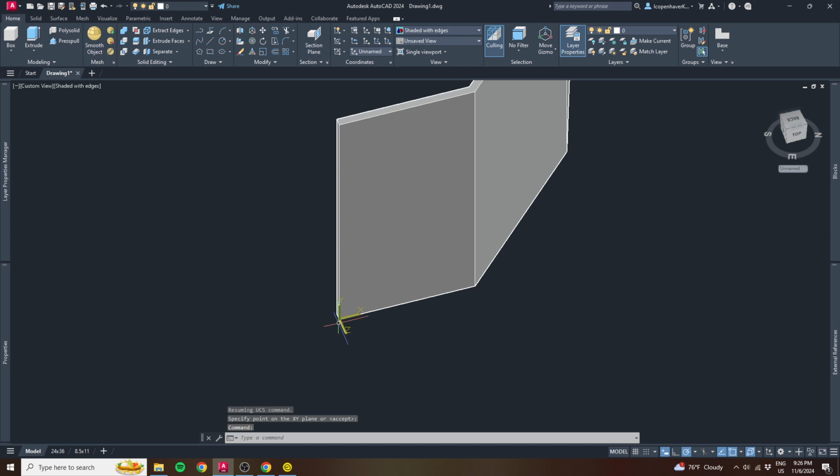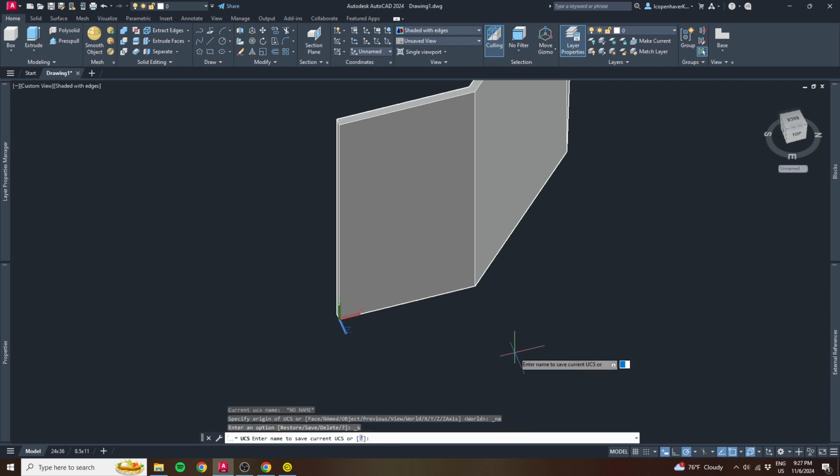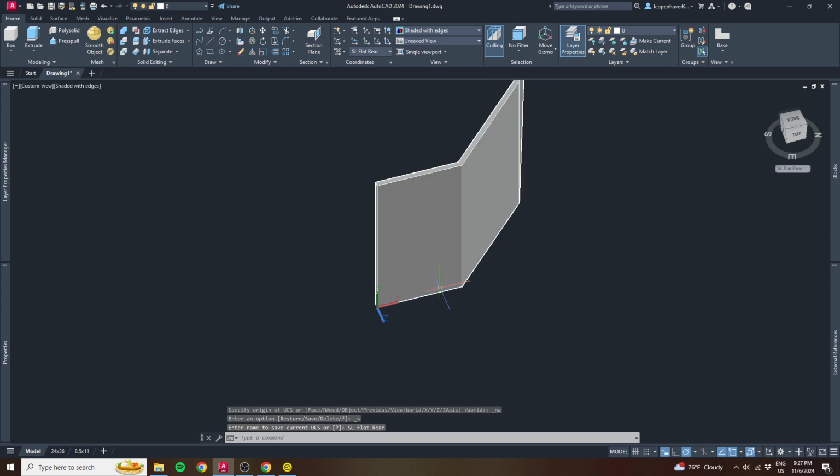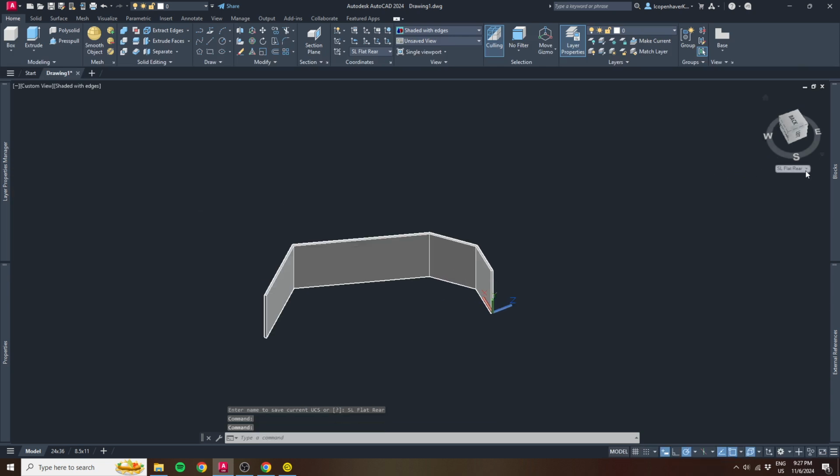And now my Z is positive coming towards me into the screen, but that is in fact moving to the global northeast relative to the rest of the drawing. Again, I'm going to right click, I'm going to name it, I'm going to save it, and this will be stage left flat rear. So now I have all of these different views that I can easily recall and look at